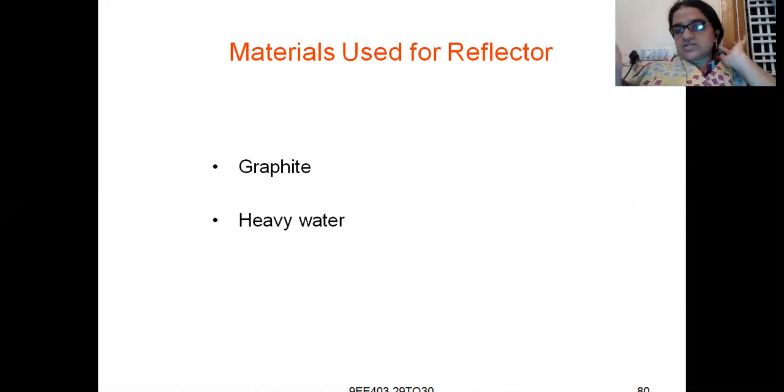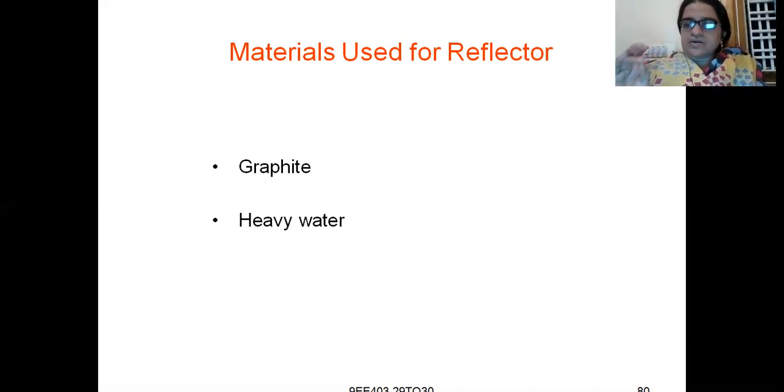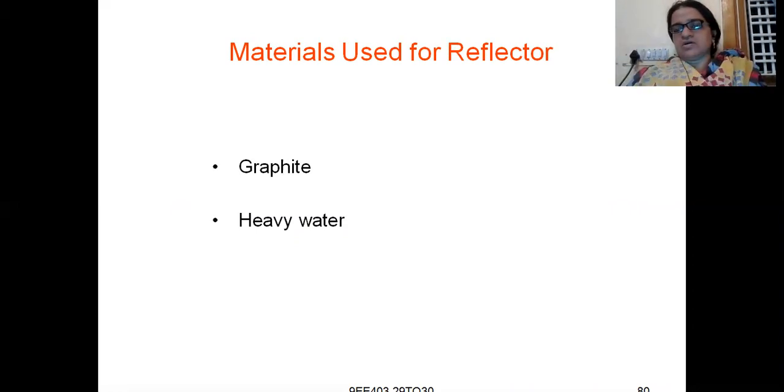Reflector means, inside our nuclear vessel or nuclear reactor, around the compartment where the nuclear reaction is taking place, the nuclear fuel rods and graphite material are enclosed in a frame made up of a reflector material. With what materials do we make a reflector? Our reflector is made up of graphite and heavy water.